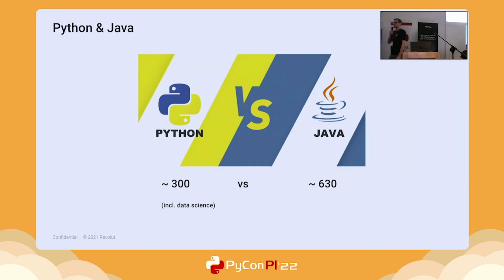So Python and Java have existed in Revolut for a couple of years now, but Java is the predominant language. It's used mostly for backend development. And Python is not only used for backend development, but also for analytics, reporting, data science, machine learning, and many numerous applications. So as the company grew, the importance of Python also grew. It became one of those two main backend tools that we have.